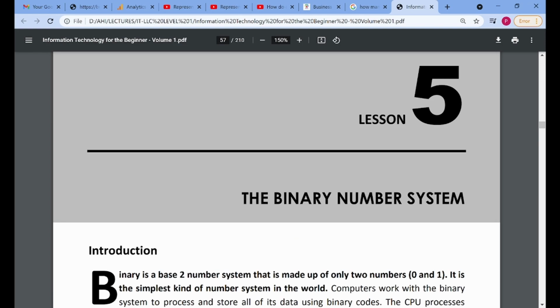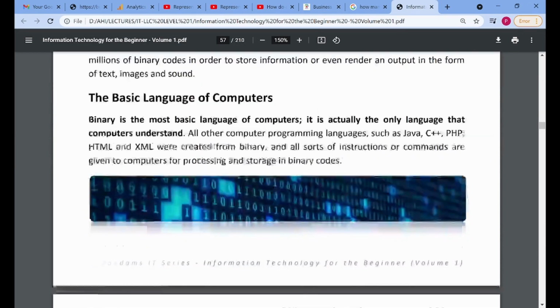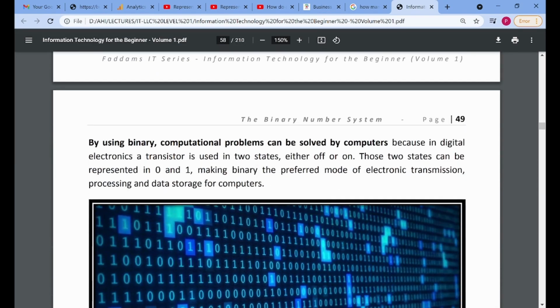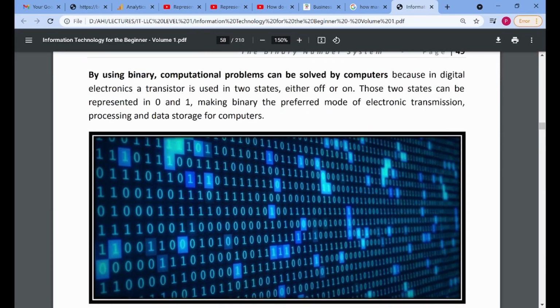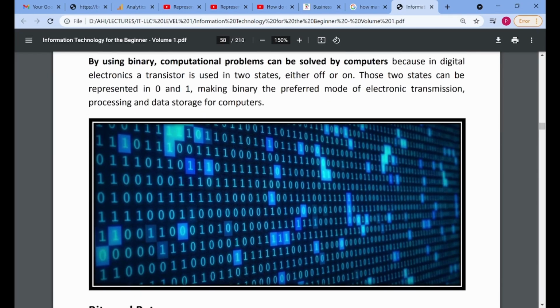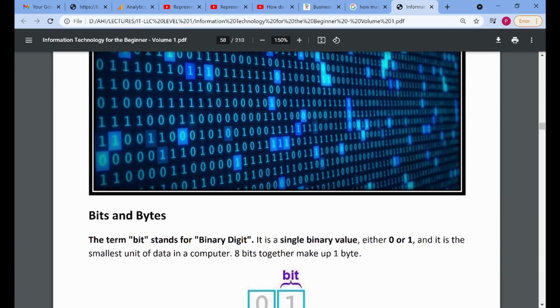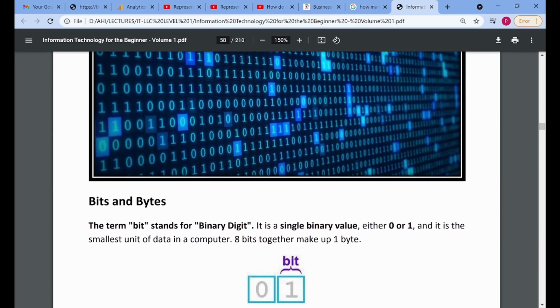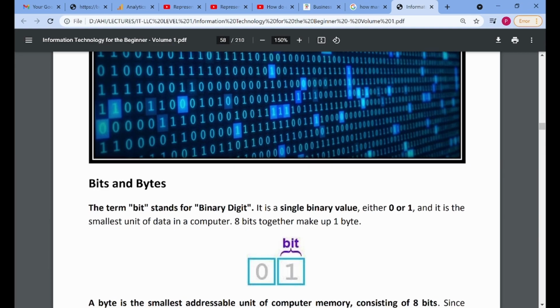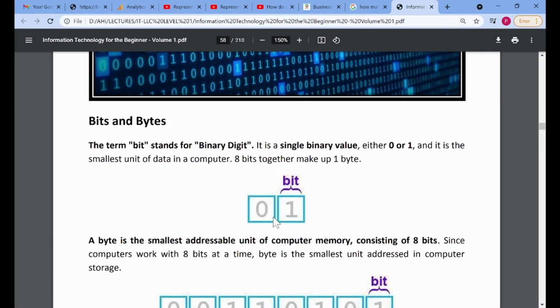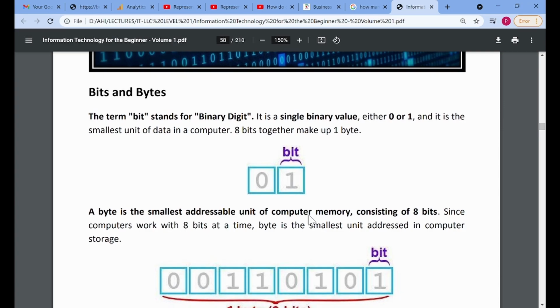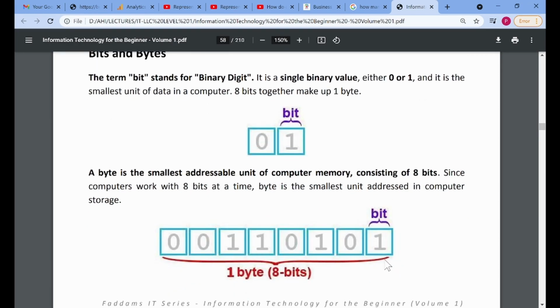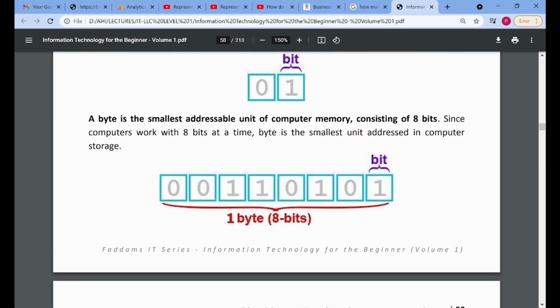So we started our lesson on the binary number system, and we've studied a lot about how binary is the only language of computers, how all programming languages came from binary and will be compiled back into binary for any software to work, how our electric signals are all binary, how our CPU only processes in binary, how data is stored as bits, and it stores them in chunks of 8 bits, and 8 bits is known as a byte,